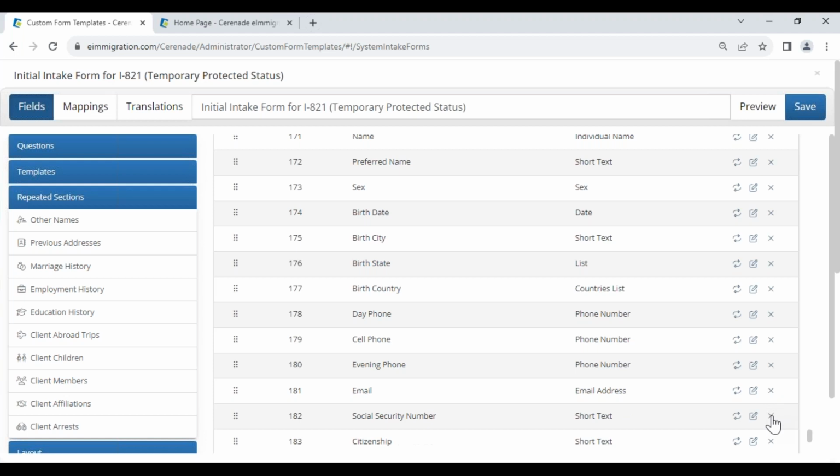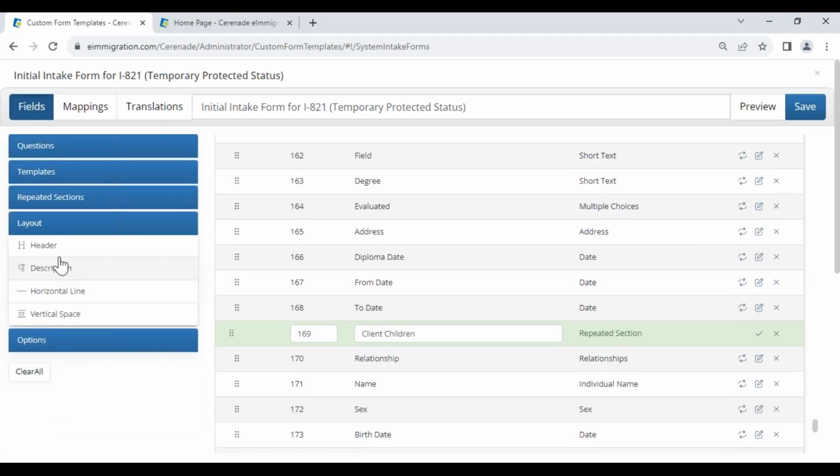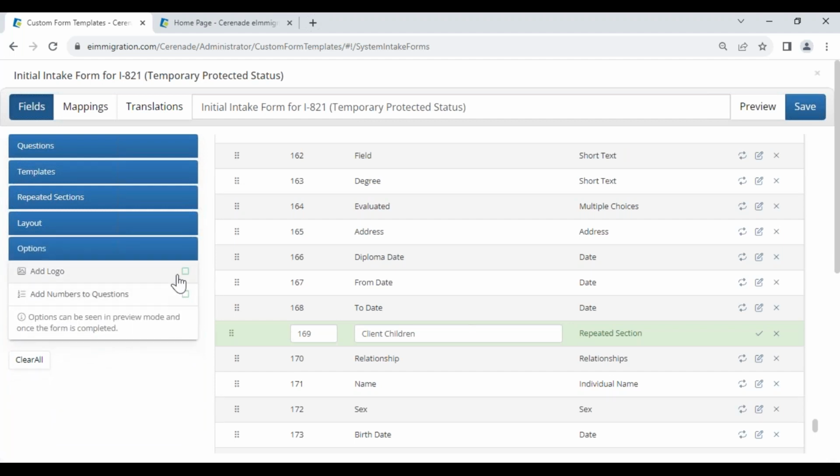What exactly do we need from the child's profile? Obviously daughter, son, the name, etc. So that's it. And then the layout, you can add a header, description. You can make it pretty, even like adding your logo to the questionnaire, or you can even create